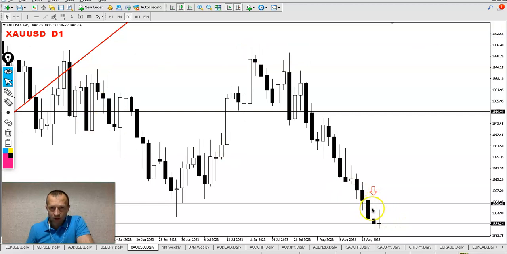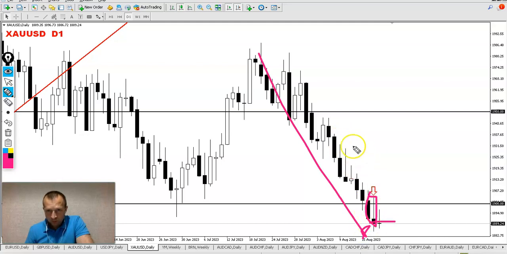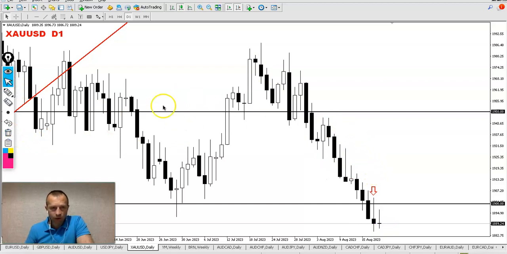Price action is here, but I would not sell it at this point, because you know sometimes this candle at the end of the movement means a reversing point like this one. I would not sell it here. So just be patient and wait for a price action signal.